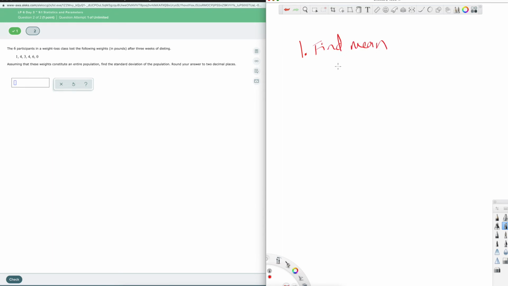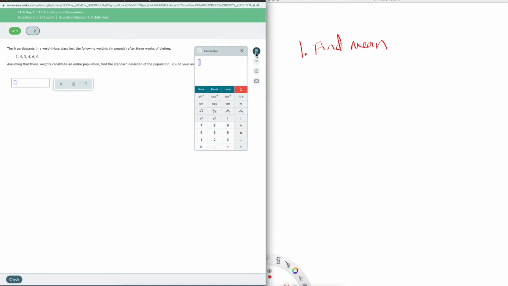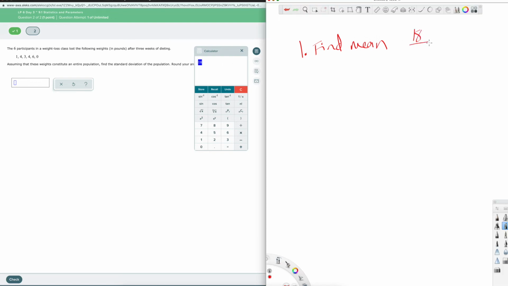So we're going to go like this, and this one's pretty easy. These numbers are smaller, but we'll go ahead and add them this way. 6 and then plus 0, which doesn't do anything. 1, 4, 3, 4, 6, 0. Perfect. So I have 18 over, and I can say there's 6 participants, or I can count 1, 2, 3,